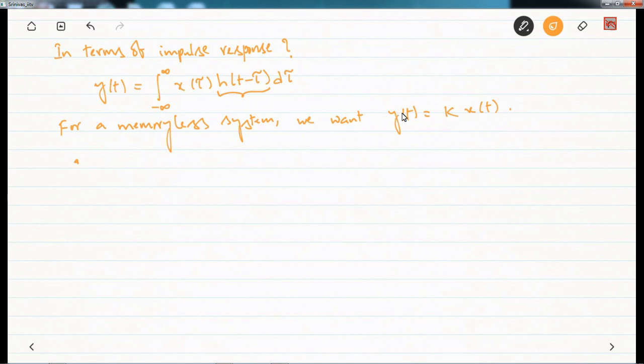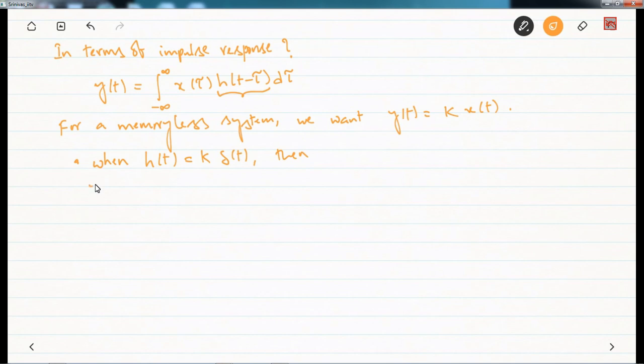You can do it in one step, or you can just guess that when h of t is a unit impulse, when h of t is equal to k into delta of t,